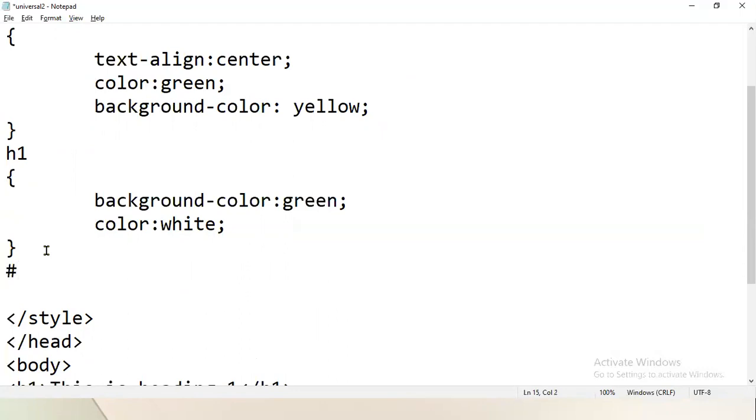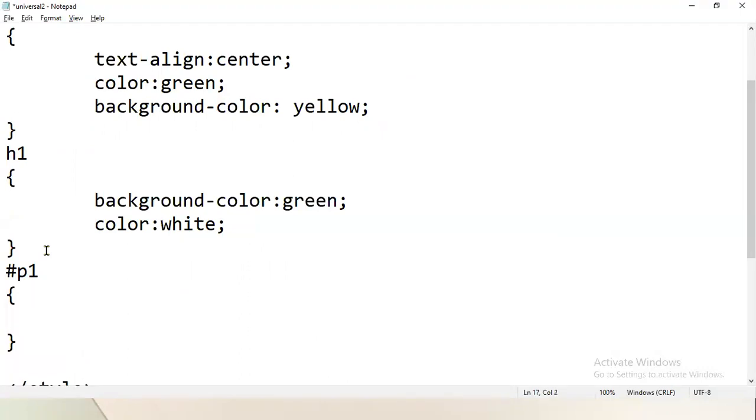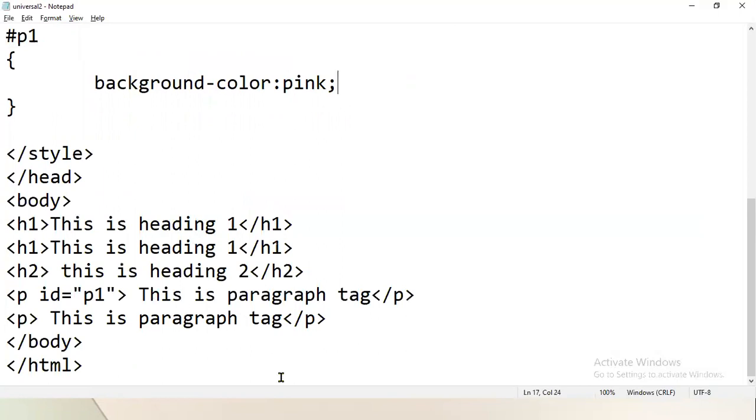For using the ID, I'll use hash p1. Under the curly brackets, I'll define my properties. For example, I wanted to define the background color, so I'm using background color as pink. I want background color pink for the ID p1. That is it. I wanted to change this thing only.